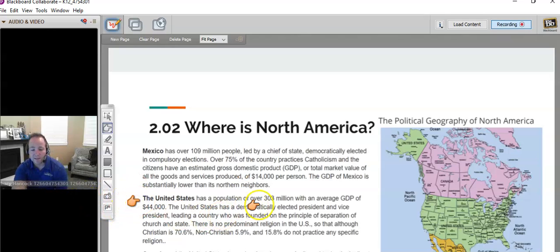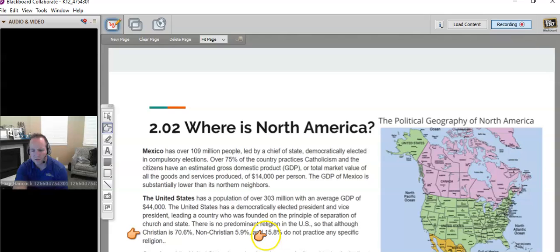In the United States, as I said, this data is a little bit old because we're about 325 million now. In regards to GDP, so that's how much a person makes per year, we're about $44,000 a year, about the average. As it's broken down, Christianity is the biggest one at 70%.